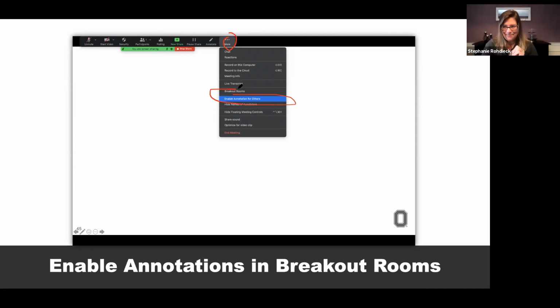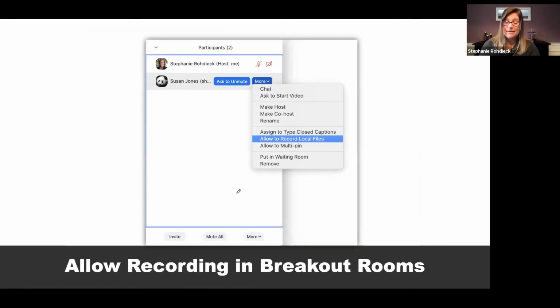Annotations do not save. It's not a function. And you saw that actually it's not writing on the document, it's writing on the screen. So every slide will keep those annotations. If you want your students to capture the work they've done with annotations, just have them screen share and do a screenshot of whatever they're working on. That way it'll save to them locally and they can share it with you later. So that's an important piece to know about.